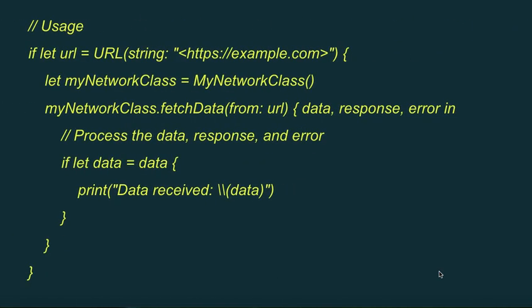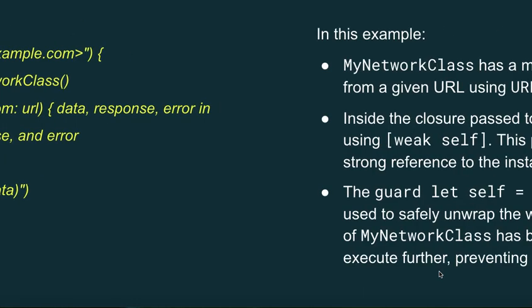Usage. if let url = URL(string: "https://example.com") { let myNetworkClass = MyNetworkClass(); myNetworkClass.fetchData(from: url) { data, response, error in // Process the data, response, and error. if let data = data { print("Data received: \(data)") } } }